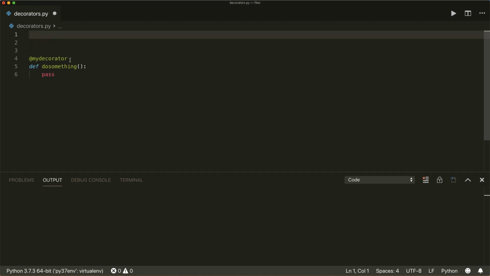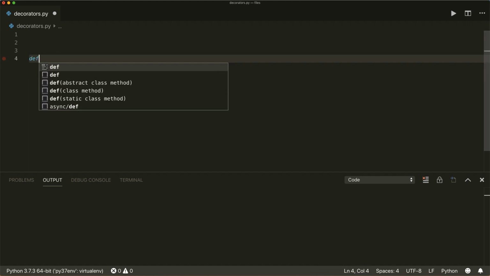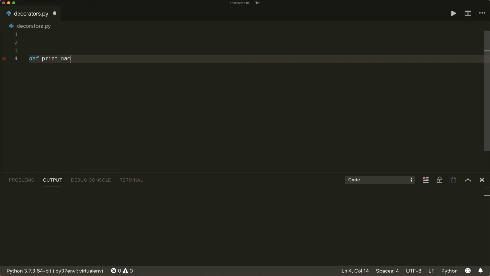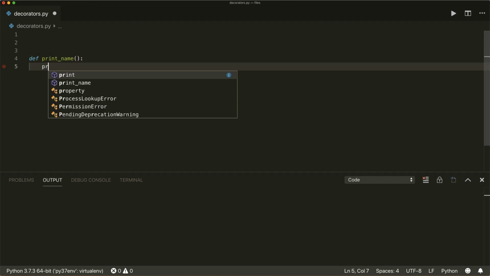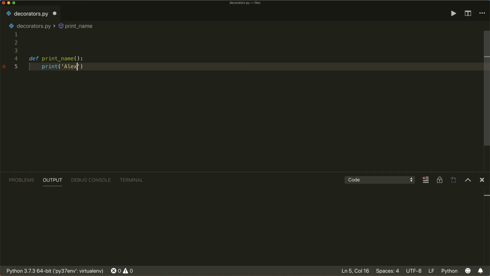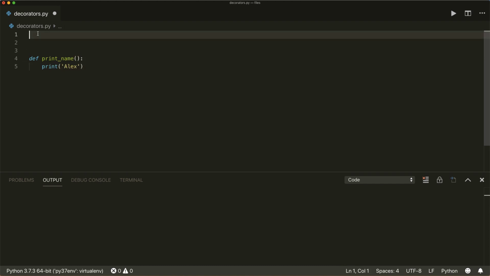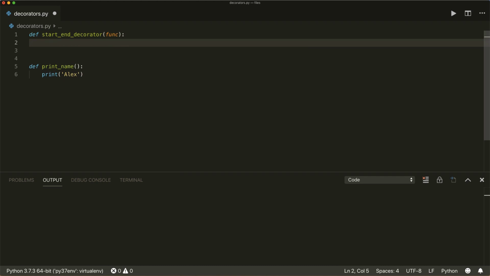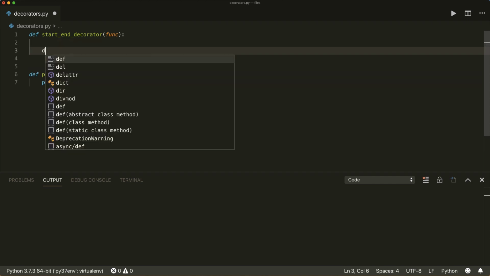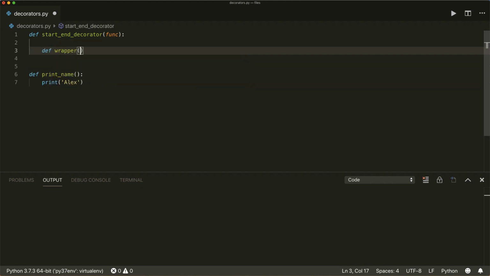So let's say we have a function and call it print name, and this will simply print Alex. And then we have a decorator function, call it start and end decorator. And now as an argument, it takes a function. And inside our decorator function, we have an inner function and we call it wrapper. So def wrapper, this is a wrapper function which